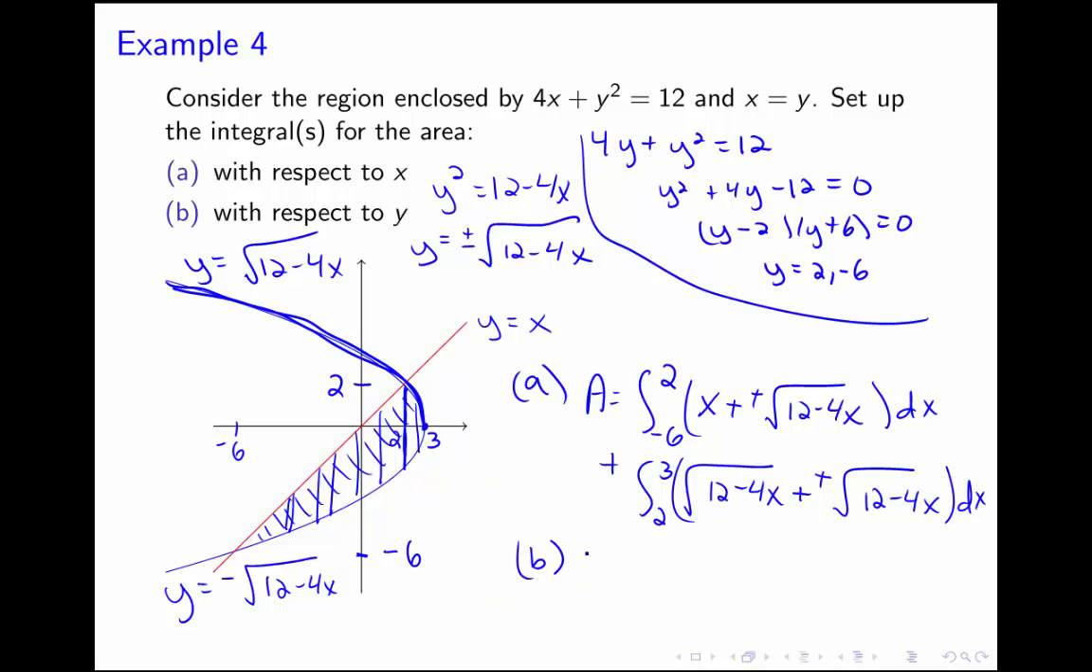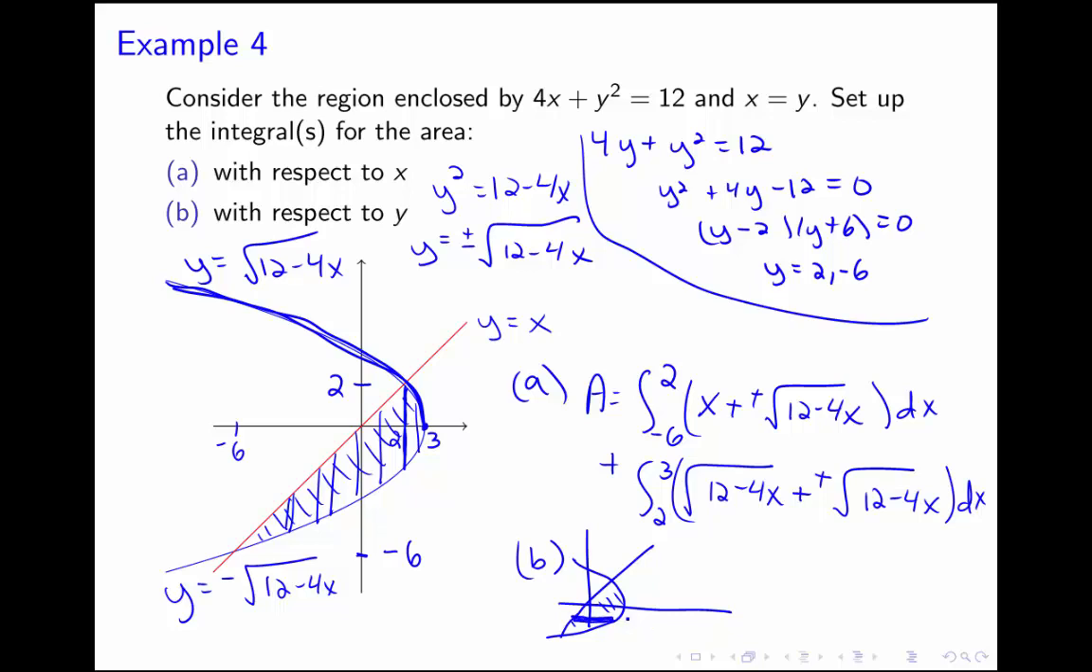So maybe I'll draw a second version of my curve here. So I have my parabola looking like this, and we have this line here. So we're looking at this curve. If I'm going to try to find the area of this region with respect to y instead of with respect to x, instead of doing all these vertical slices like we were before, I'll look at doing some horizontal slices, so that I'll be slicing up my